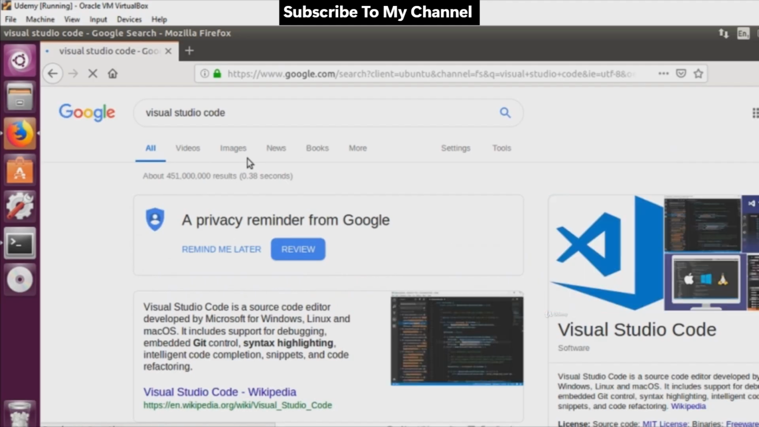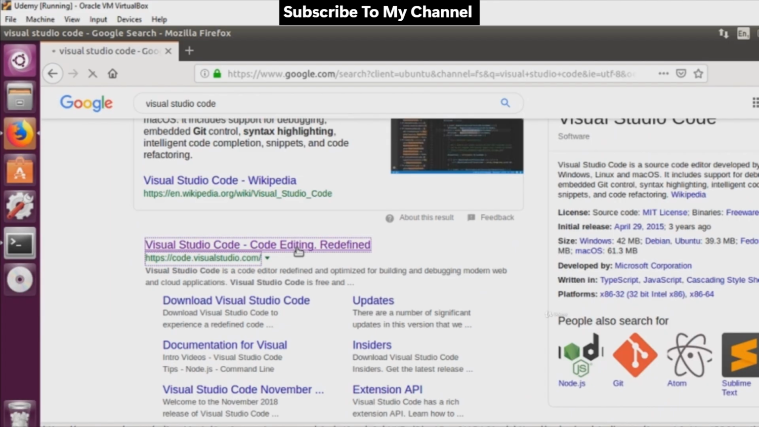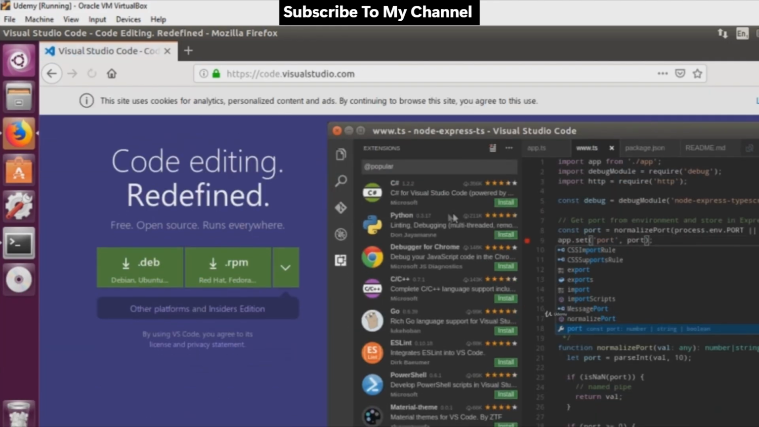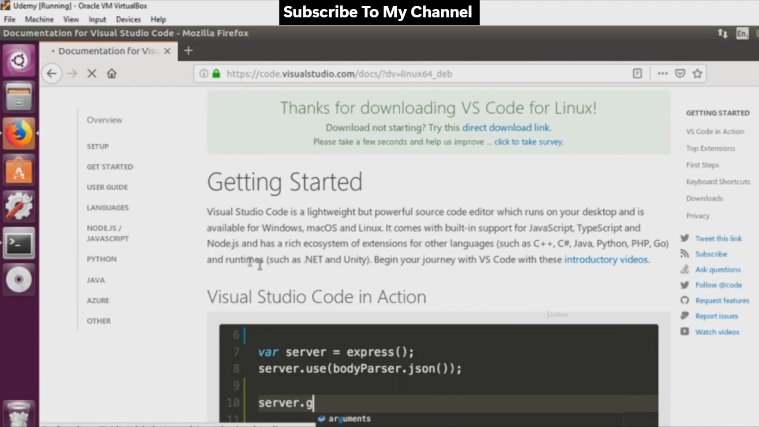Okay, and let's let that load and scroll down. What we want is this one here, code.visualstudio.com. Let's go there and hit that .deb because I'm running on Debian. If you're on Red Hat, you can go with the other one there. And let's scroll down